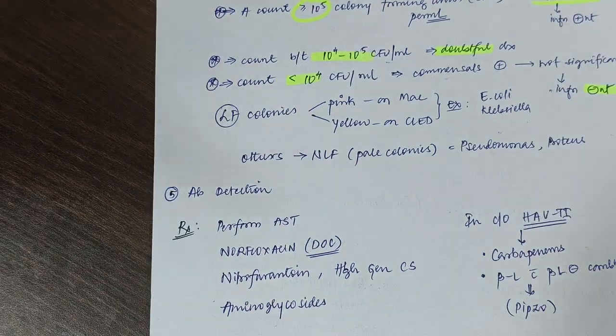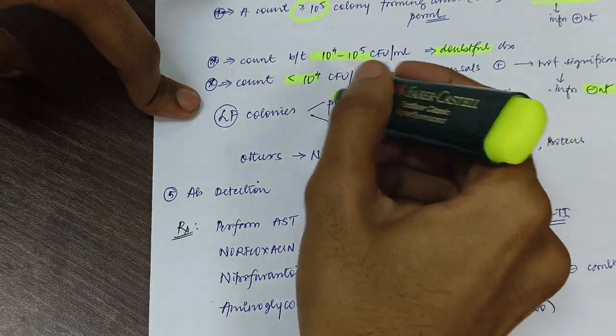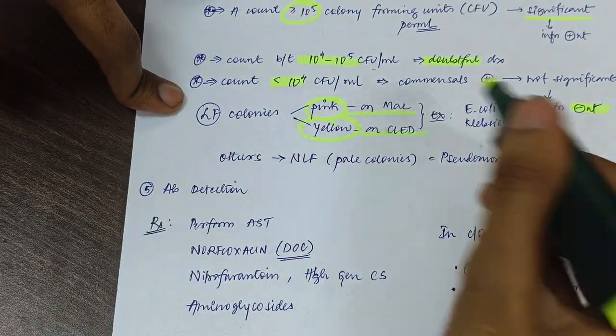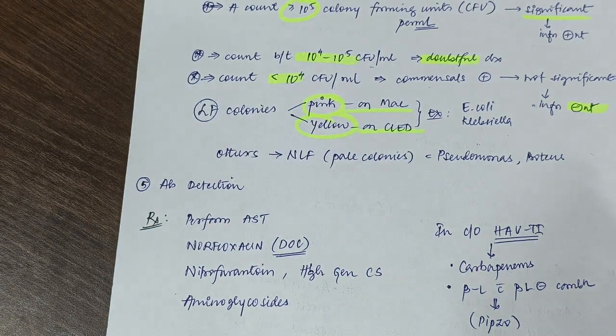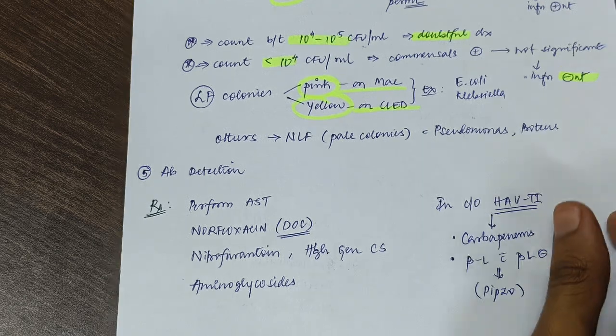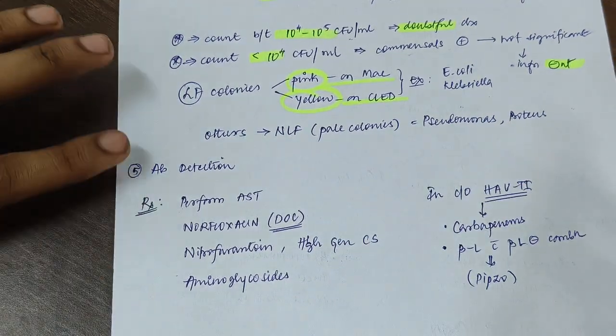It is absent. Lactose fermenting colonies are seen in this case. Okay, so pink and yellow lactose fermenting colonies on MacConkey. If you go in to see this, they are lactose fermenting, and the examples are E. coli and Klebsiella, whereas non-lactose fermenting pale colonies will be seen in case of Pseudomonas and Proteus, and antibody detection